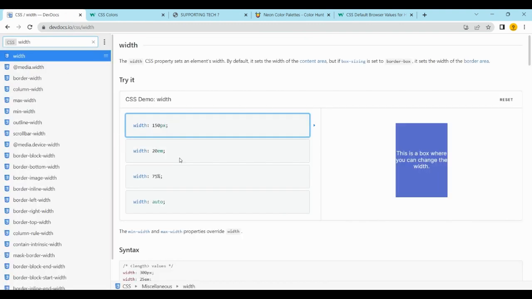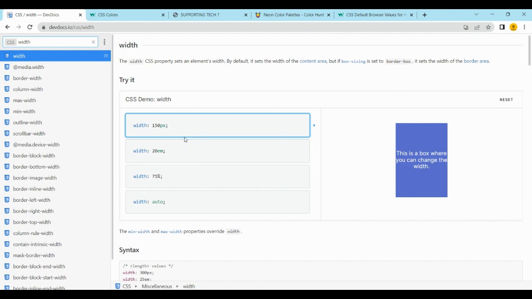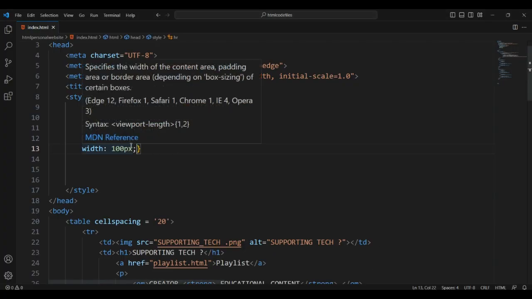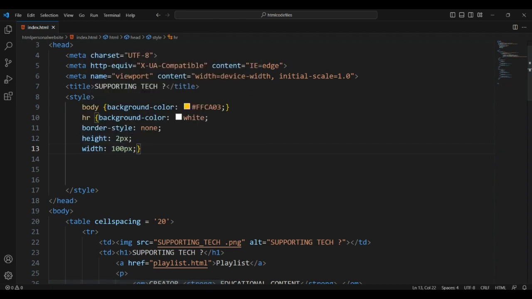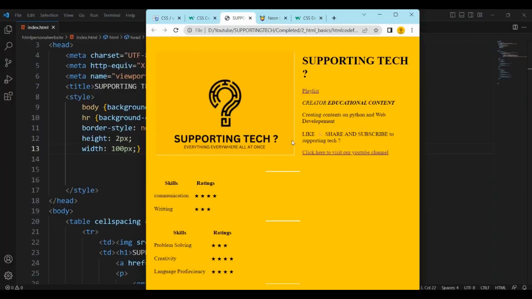Now let's go to devdocs.io and look for the width property. Here we have the syntax and value for the width property of CSS. Let's go back to our code. Here we specified the width as 100 pixels and height as 2 pixels. This suits well for our computer. What if someone opens the page on a smartphone or a tablet? In that case,